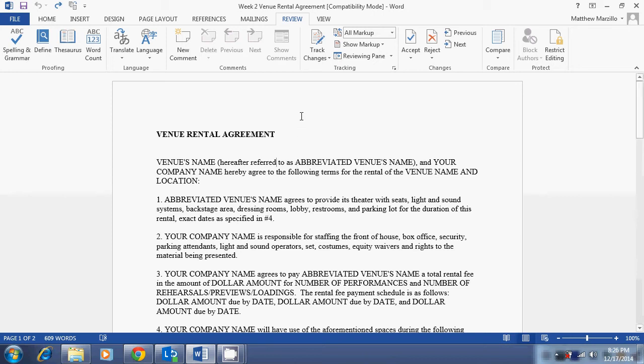So what you'll do is you'll go to the Review tab here, and then you'll go to Track Changes. You click on that button, and you're essentially toggling it on, right? So now at this point, everything you're going to be doing is going to be tracked by Microsoft Word. So venue's name, this is just a generic term. We want to put in the real name of the venue, and we're going to call it Matt's